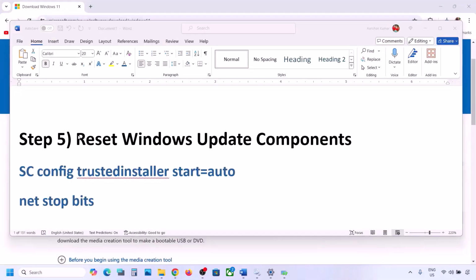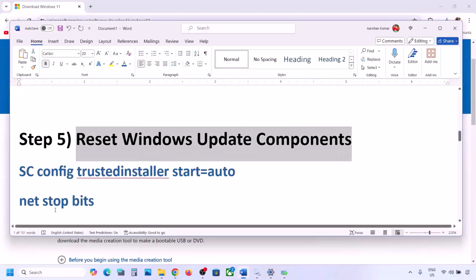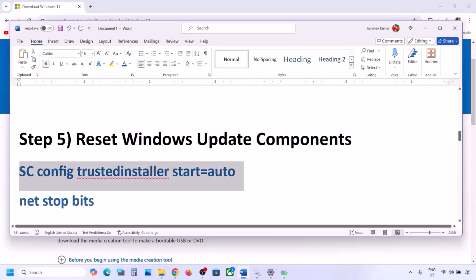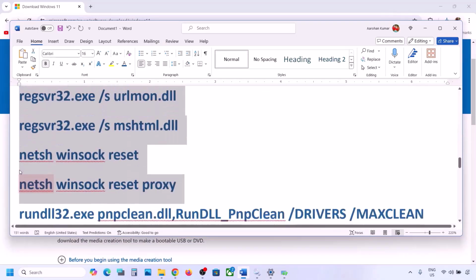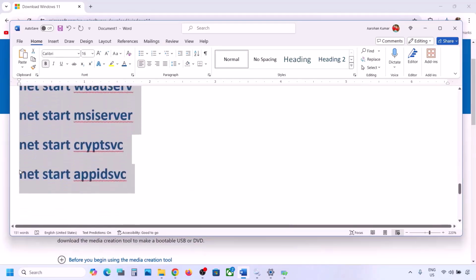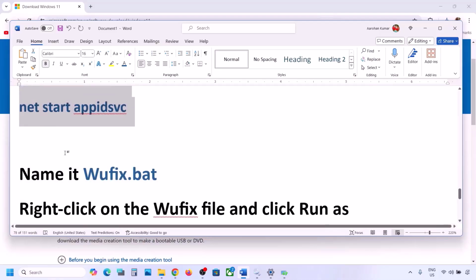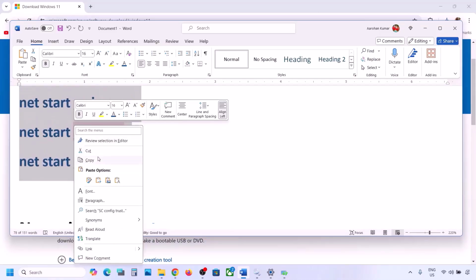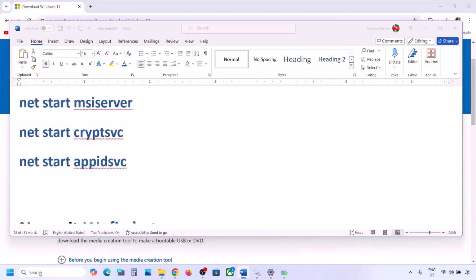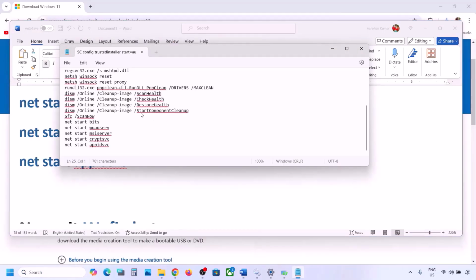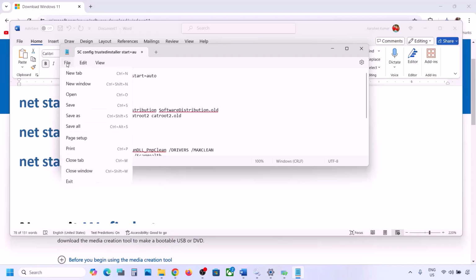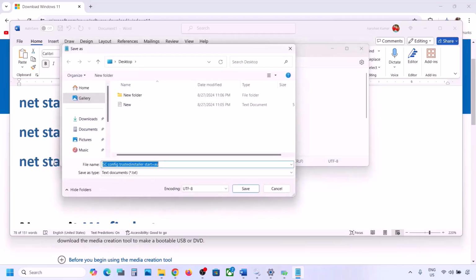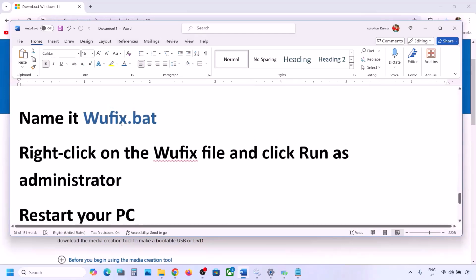Now the next step is to reset Windows update components. Now for this, copy all these commands. These commands are provided in the video description. So copy it till here. Now once you copy it, open Notepad on your computer, and then in the Notepad you can paste all the commands, and then go to File on the top, click on Save As,